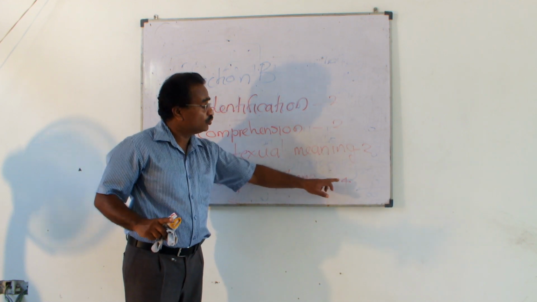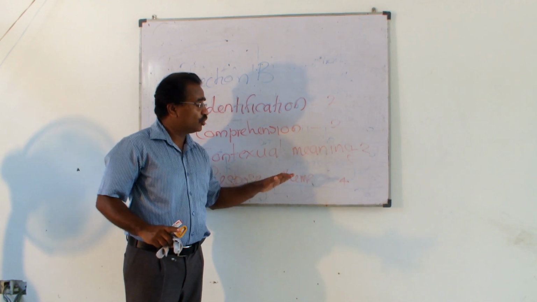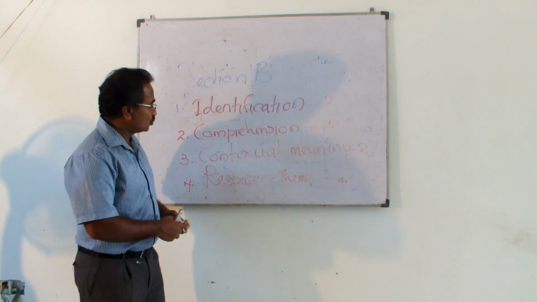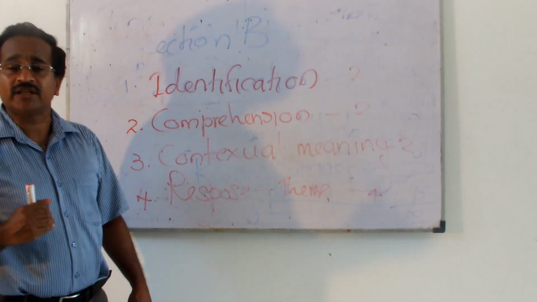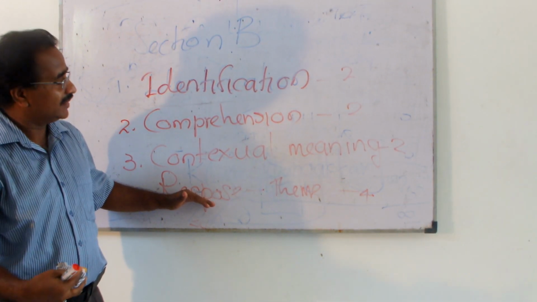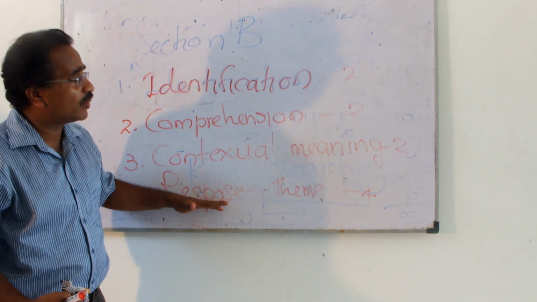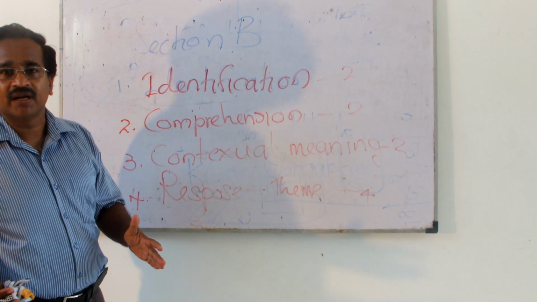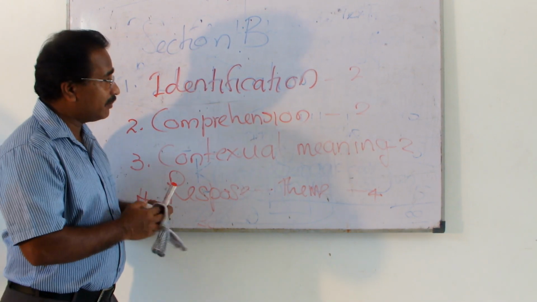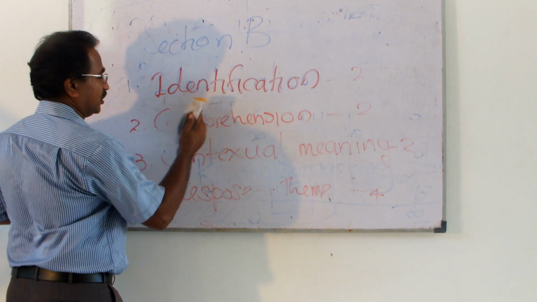Students, please remember, you are given 4 marks. To get 4 marks, you have to prove that your answer contains enough information. So writing only the theme is not enough. You have to prove with examples from the text that this particular theme is brought out in the extract. So for the last one, you have to explain your answer. Otherwise, you can't get full marks. Remember, you have to write only one answer from these 3 questions given in section B.